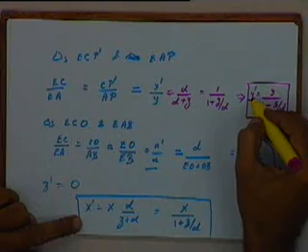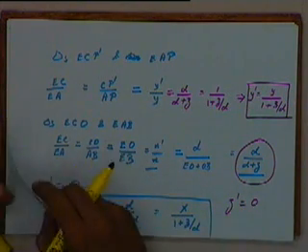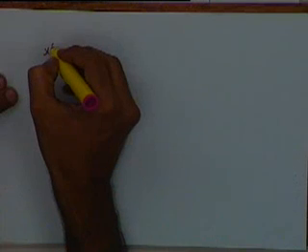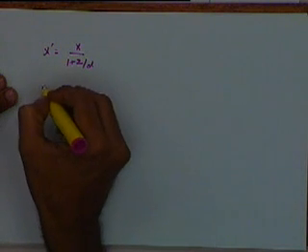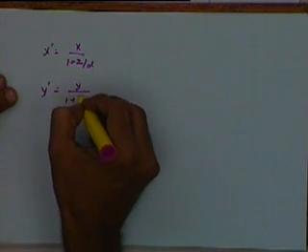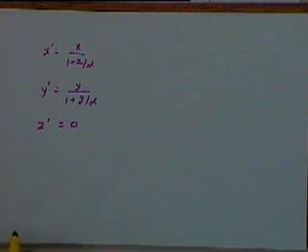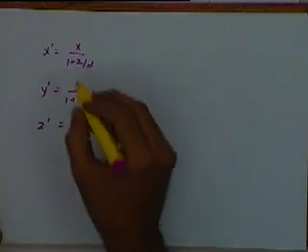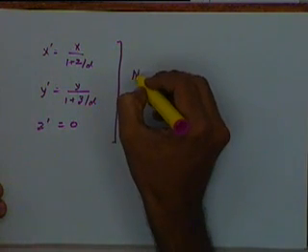So now we have got x prime, that is the x coordinate, we have got y prime, and we know that z prime is equal to 0. So if you take these three equations, we will get x prime is equal to x divided by 1 plus z over d, y prime is equal to y divided by 1 plus z over d, and z prime is equal to 0. Now the first thing to be noticed is that these transformations are non-linear transformations.